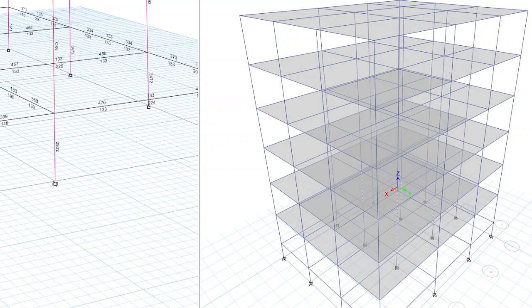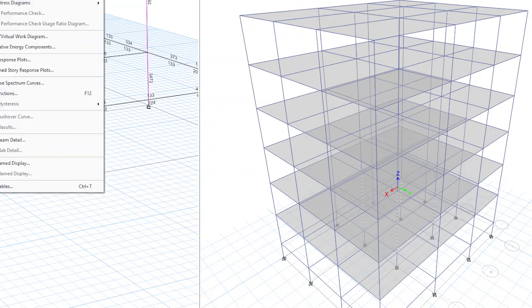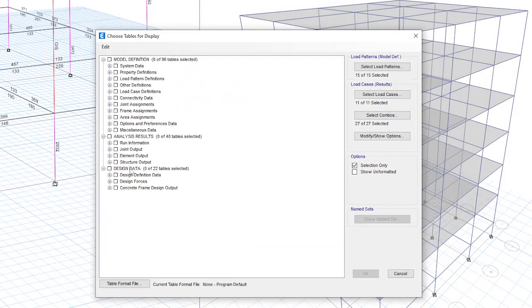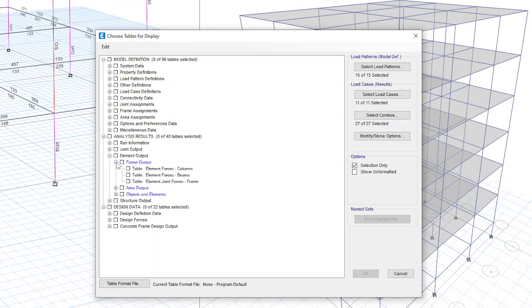Go to display. You have show tables at the bottom. Click on show tables. In this, you will have analysis results. In that, you have element output. You have element forces: columns, beams, frames.